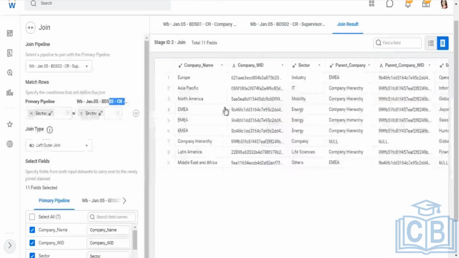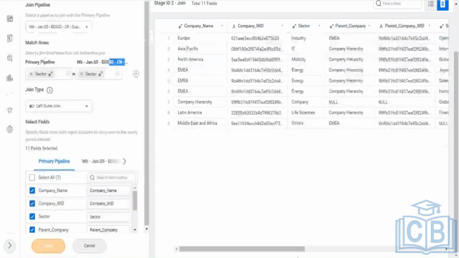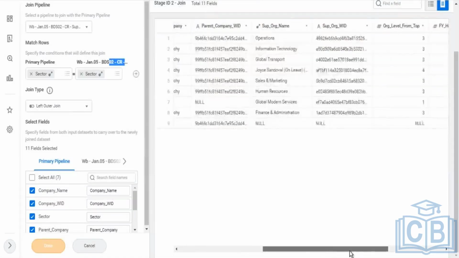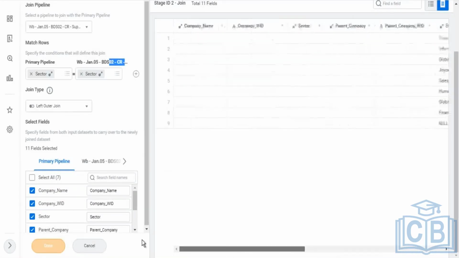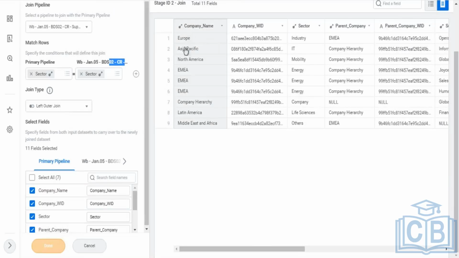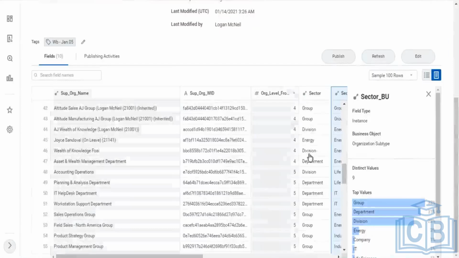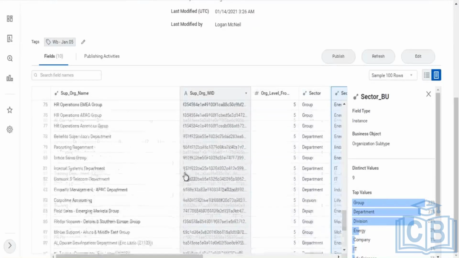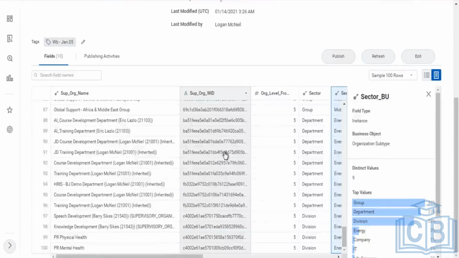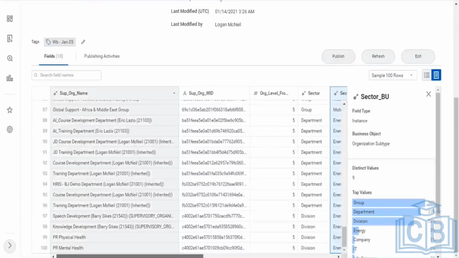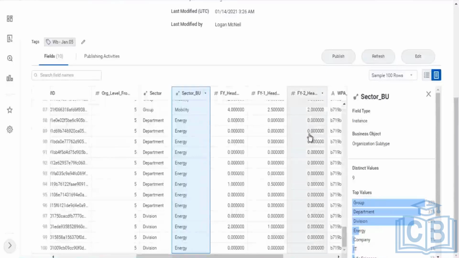Now, when I created this derived data set, I have only been able to identify my top level organizations and not those departments and divisions and so on and so forth. That's why my derived data set only has 9 rows of data. However, if I look at my actual supervisory structure, there are many more records, right? So what I need to do is also do a join to see all of those organizations wherein this actually maps as well,